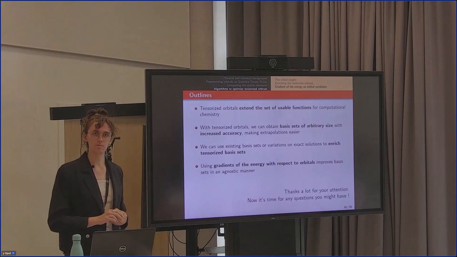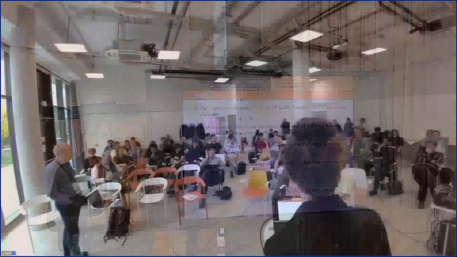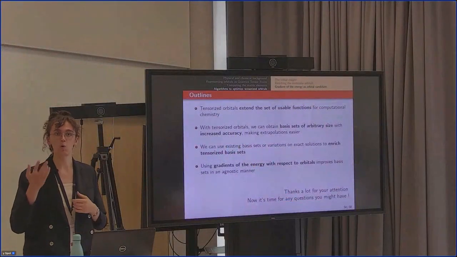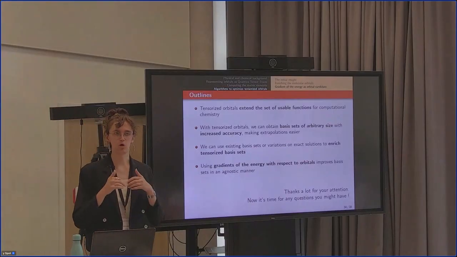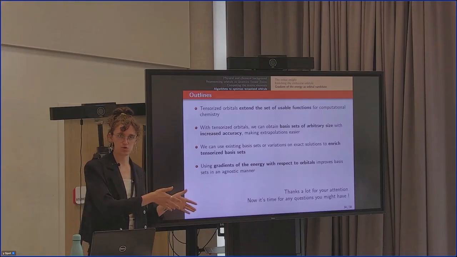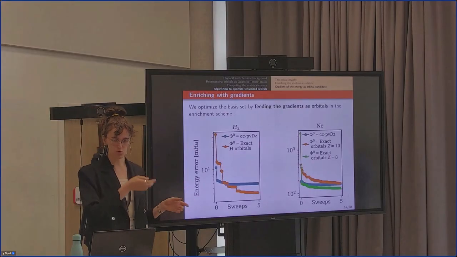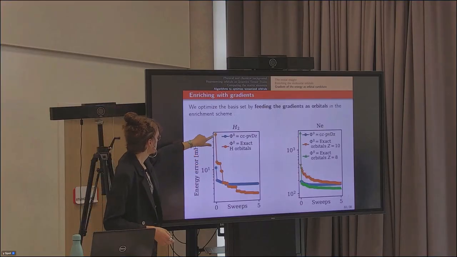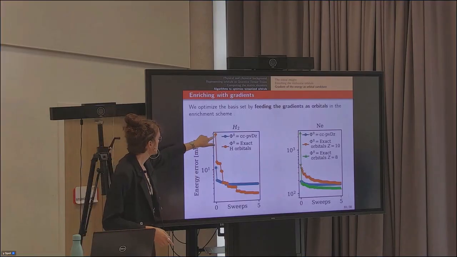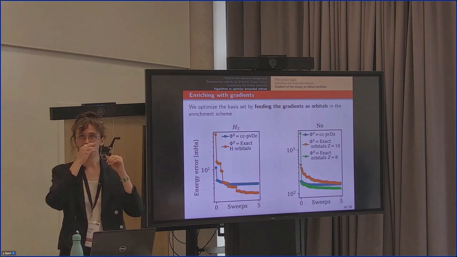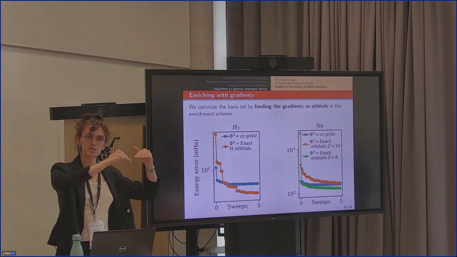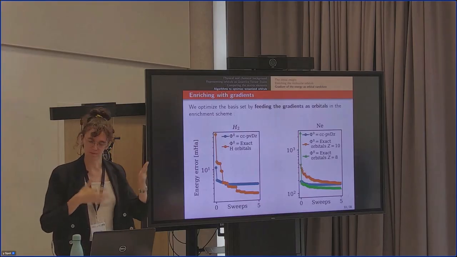Yeah, but have you tried, for example, this enriched basis set just for similar molecules? Actually, when you optimize for one molecule and try to shift to another molecule, it doesn't work very well. One thing we did was optimize for an atom. For example, for H, we know the exact solutions. If you take the exact solutions for H and apply them to H2, that's exactly what I did here. This is the orange curve. The first point is you take the exact orbitals of H and try to solve H2 with it. It works terribly. The error is very big because you don't account for the fact that when there are two H together, the density is much higher in between than outside. And so the result will not work.